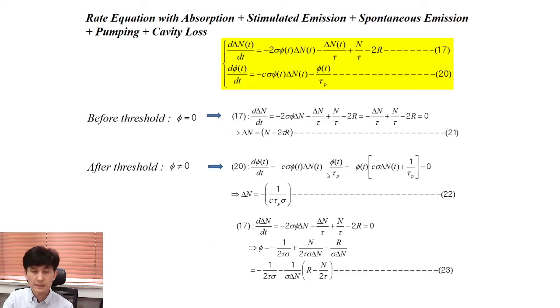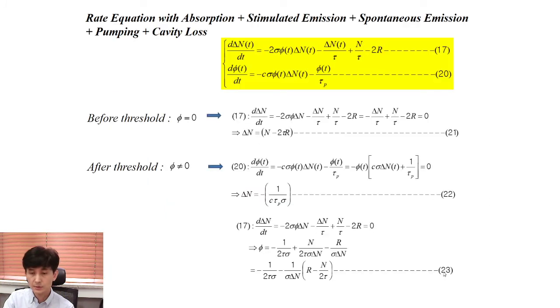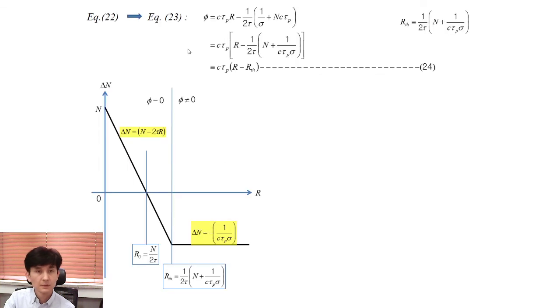From equation 20, if we put equation 20 into 23 by replacing delta n, we have phi equal to c times tau p times r minus 1 over 2 tau times 1 over sigma plus n c tau p. And if we take c tau p on the left side, we have times r minus this value, and we define